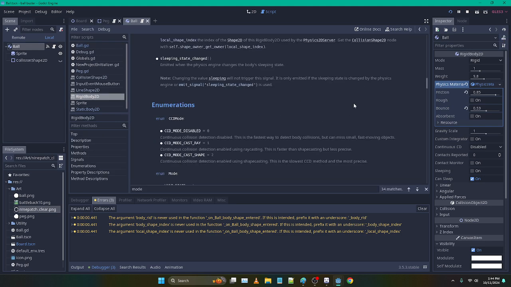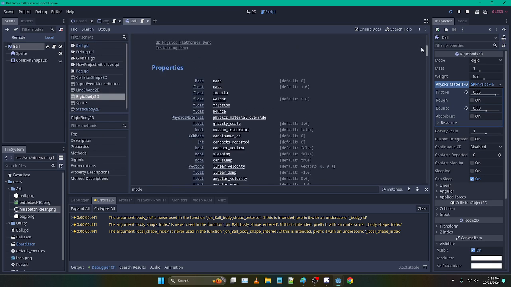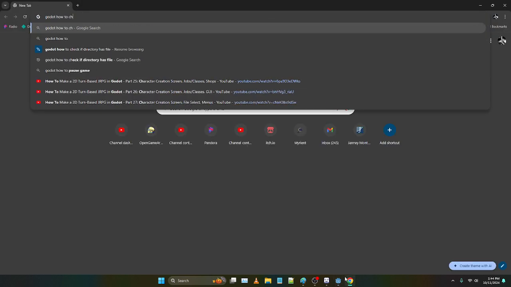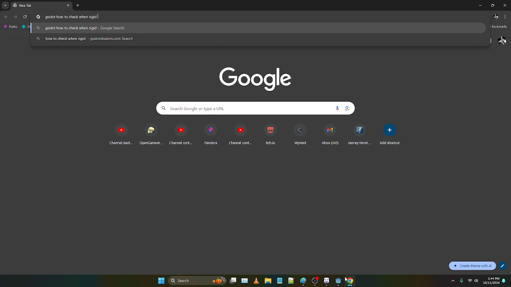Let's see. Let's just go to Google. Godot, how to check when rigid